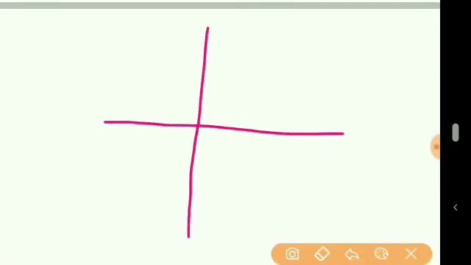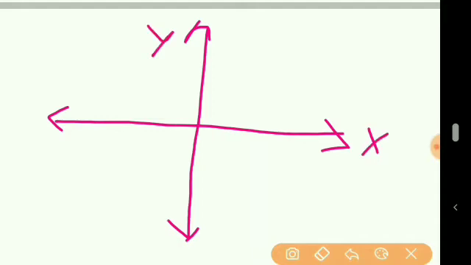So this xy plane can be considered as a coordinate system in two dimensions. One dimension is the x-axis and the other dimension is the y-axis, and their intersection point is called the reference point, and this xy plane is called the frame of reference. Now if an object is moving from this point A to any point B,